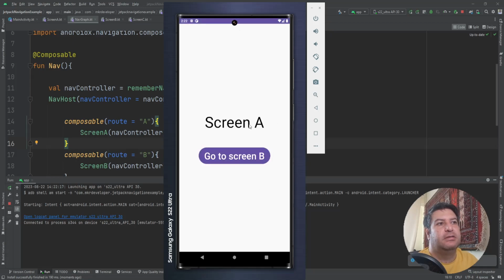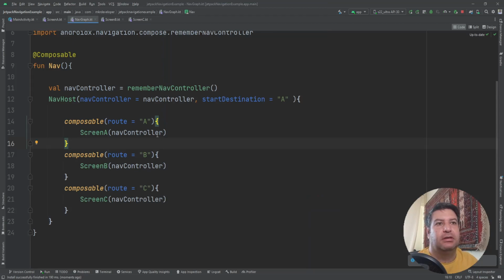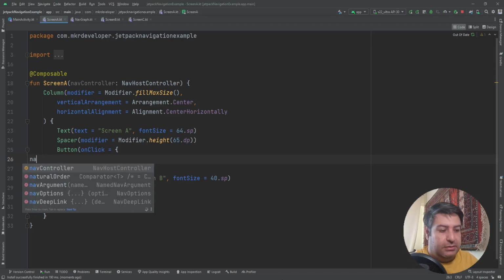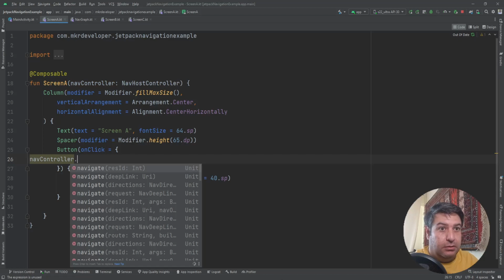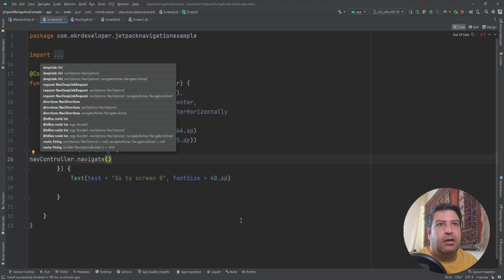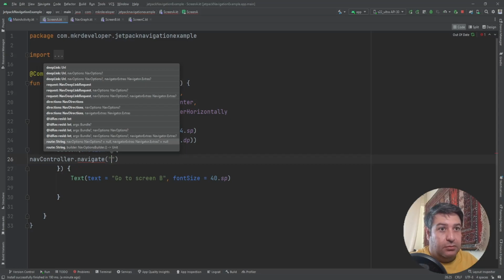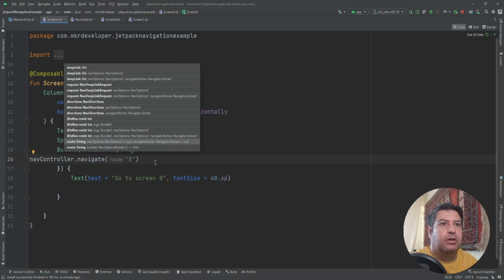Okay, we are in the screen A, but there is no function, there is no logic for the button onClick, and we have to write code to go from screen A to screen B. Now let's go to the screen A file here in the onClick. I'm going to call this NavController, then .navigate, and here again I have to pass the route, which is a string type. You can see it here. So I want to go from this screen to the screen B, so here I'm going to add this,